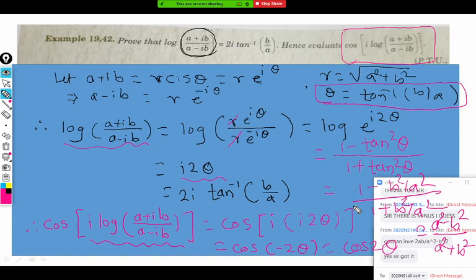So, sir, basically we have substituted 2 tan inverse x is equal to cos inverse of 1 minus x squared upon 1 plus x square. Yes, that way also, your choice. Yes, that is also the way. But the answer will be the same. Yes, you can go that way also.